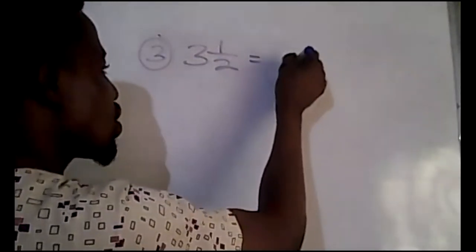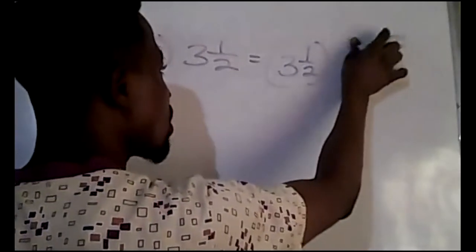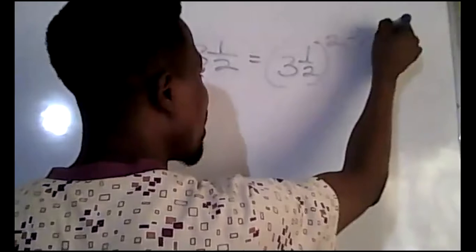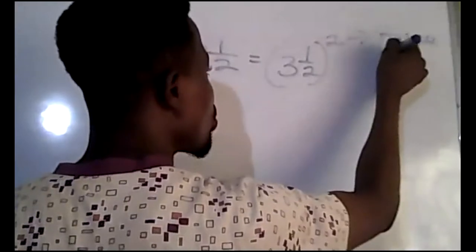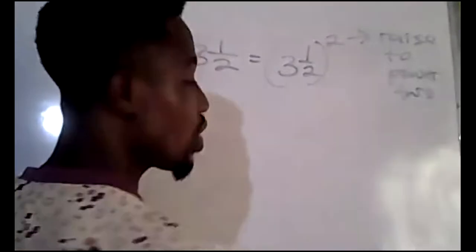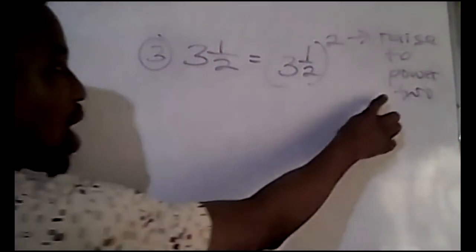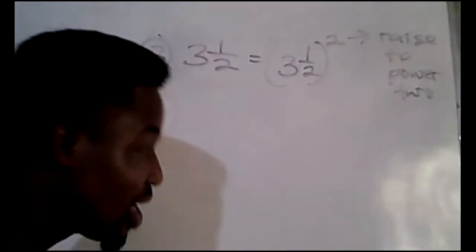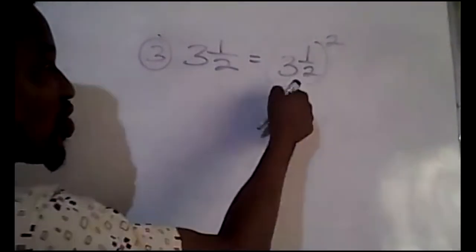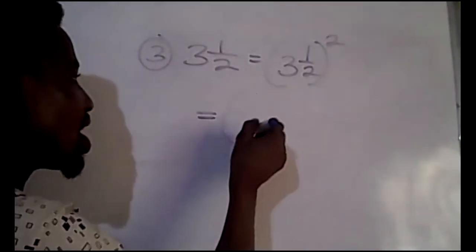So I said it is 3.5 raised to power of 2. You can call this raised to power 2, if you can see that. All right, now that's not where we're going. What we intend to do is to find the square of this guy right here, which is 3.5. So it means